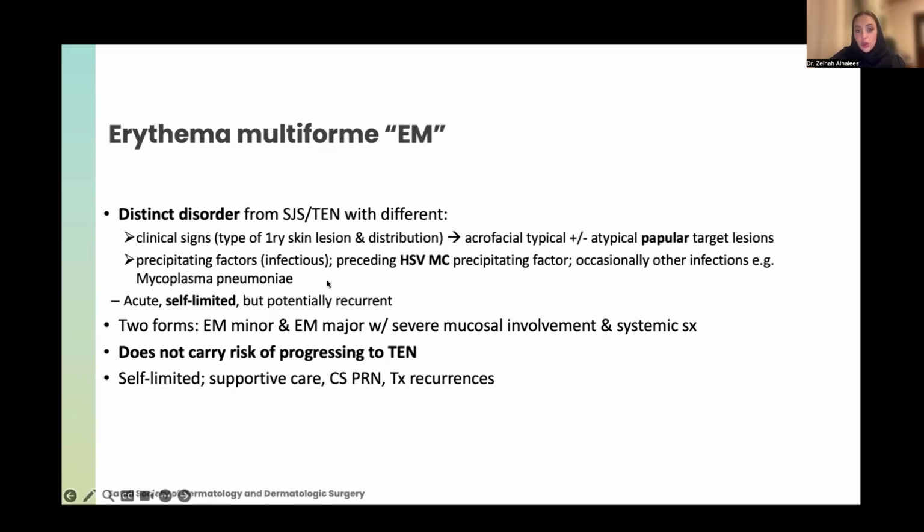With erythema multiforme, if it's minor, really it's self-limited. If major and it has severe mucosal involvement, then you can do systemic treatments. And just remember, it does not carry a progression to TEN. So it's a distinct disorder. You can do supportive care. You can treat with prednisone and treat recurrences with antivirals if you know that you have HSV as a true